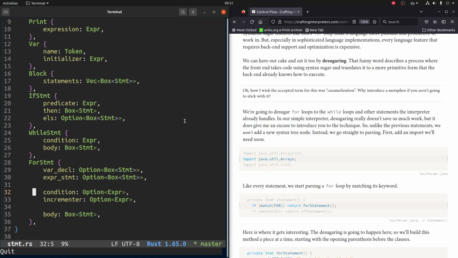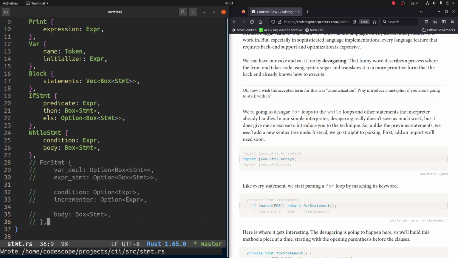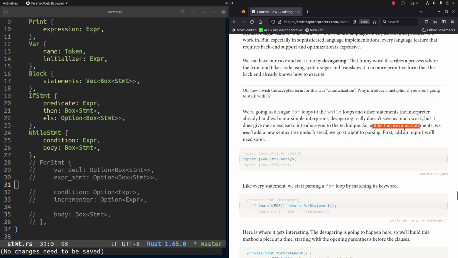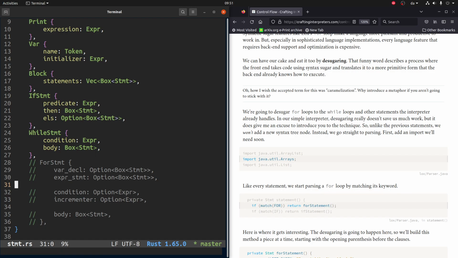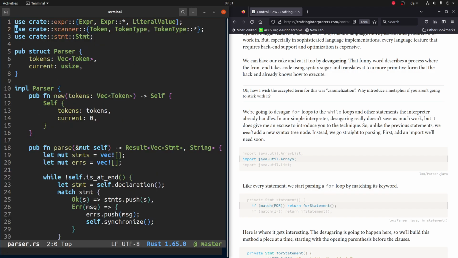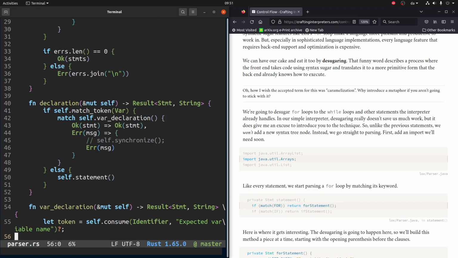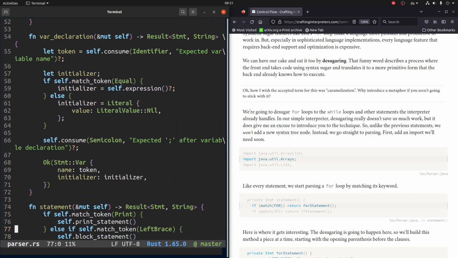So it probably means that we don't need this. Right, unlike the previous statements, we won't add a new syntax tree node, instead we go straight to parsing. So basically in the parser, if it sees a for loop, it should turn it into an equivalent